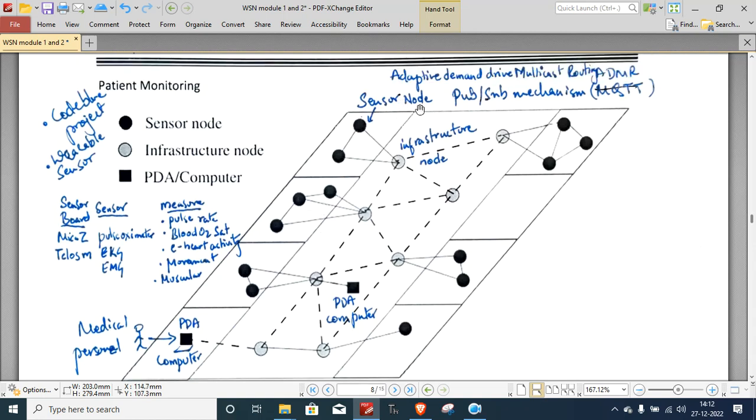So these sensor nodes are modeled based on publisher subscriber mechanism, and here instead of MQTT there is one more protocol called ADMR, which is an acronym for Adaptive Demand Driven Multicast Routing. So using this publisher subscriber mechanism, the data will be passed on to these infrastructure nodes from the sensor nodes, and finally to the medical personnel. So this entire model was built on sensor board MicaZ as well as TelosB, and the sensors used were pulse oximeter